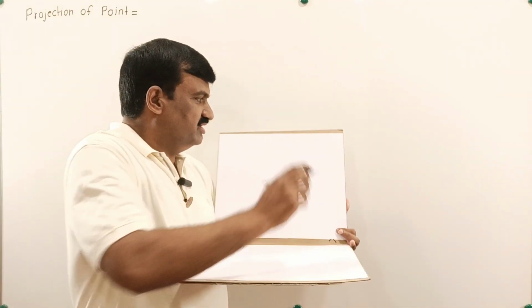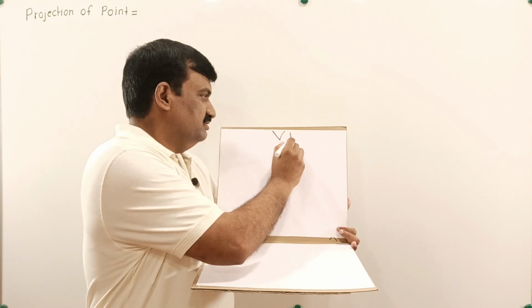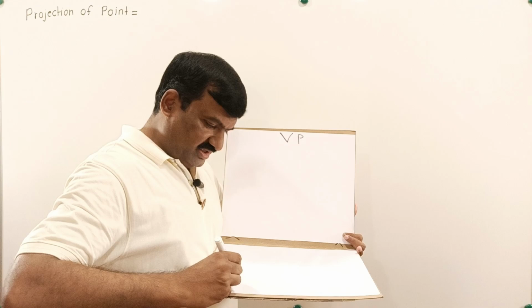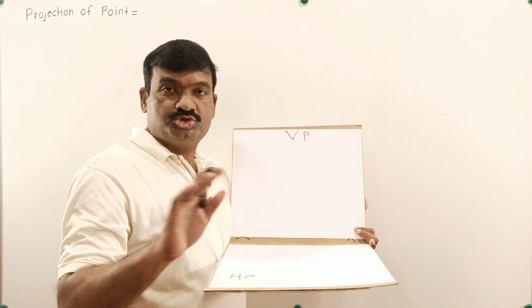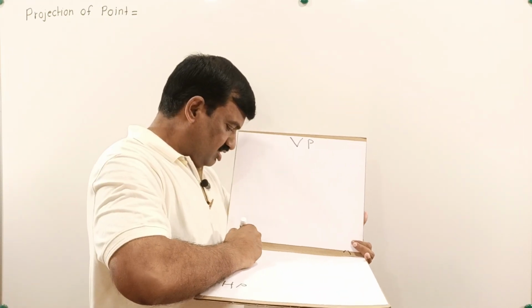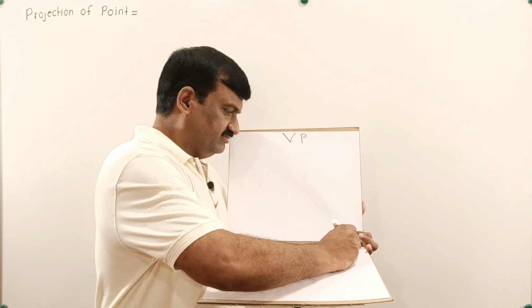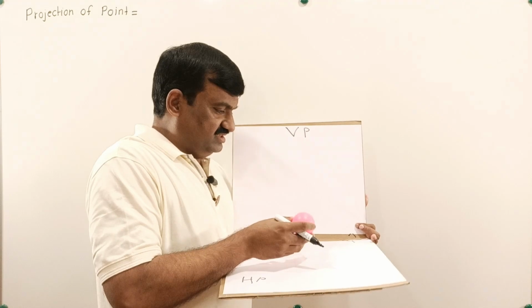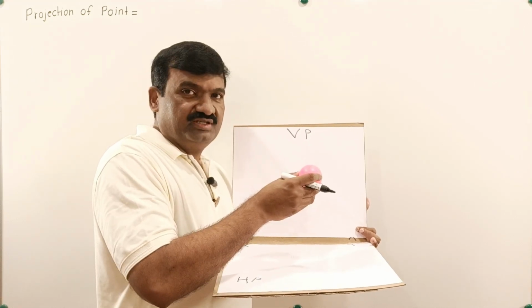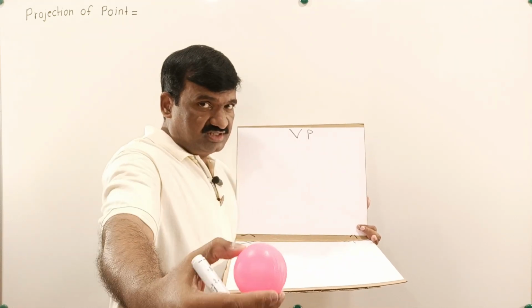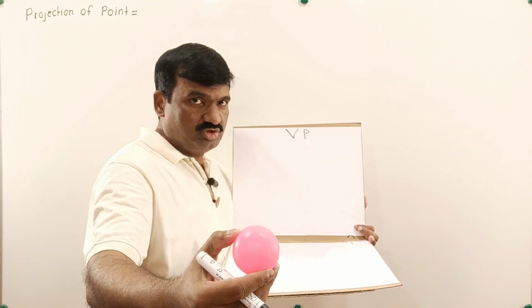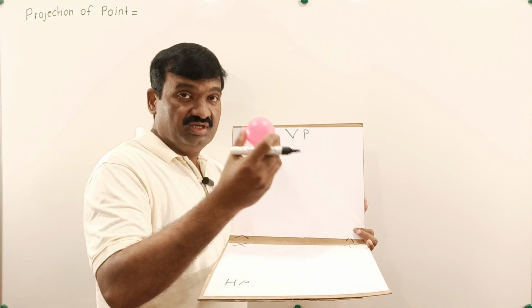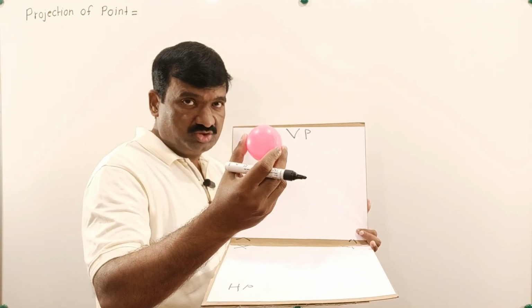This one is called as vertical plane. This is vertical plane, this is called as horizontal plane, और HP और VP को जो सेपरेट करता है this is called as XY line. Okay, so if it is given that this point is 10 mm above HP, तो ऑब्जर्वर सामने, it is orthographic projection of point, projectors are parallel to each other, perpendicular to VP, single projector is sufficient to draw the front